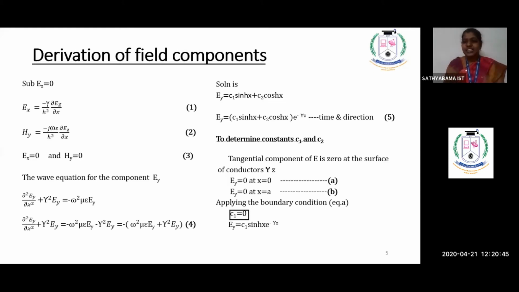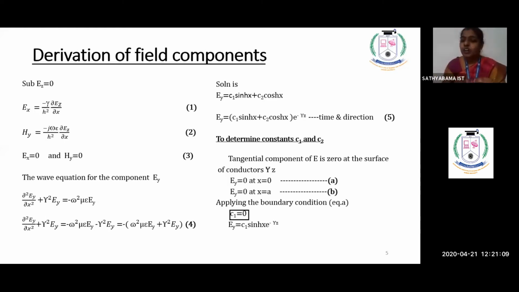Now you can easily guess the boundary condition. Your parallel plane wave is there, side walls are not there, only two planes are running parallel with respect to each other. Along Z, the wave is propagating. Along Y, it is constant, no variation, it is infinitely long. The only variation is along your X direction between 0 and A.